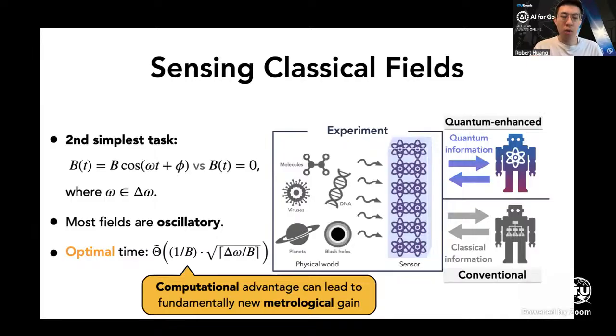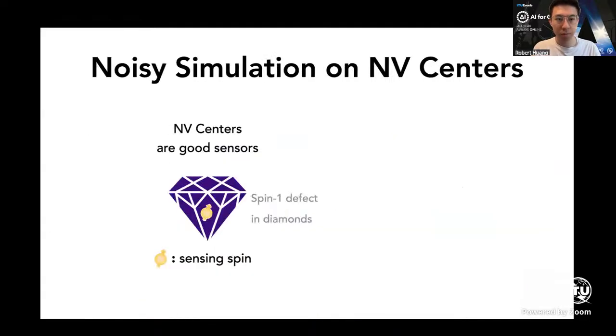And as a result, we would claim that what is the new kind of idea that arises here is that computational quantum advantages can actually be cast in a new light and lead to fundamentally new sensing advantages that are completely information theoretic. So that doesn't need to rely on any computational assumption. And furthermore, not only can our algorithm be